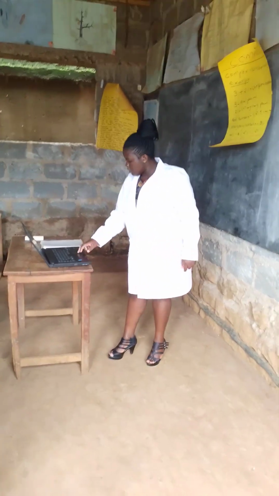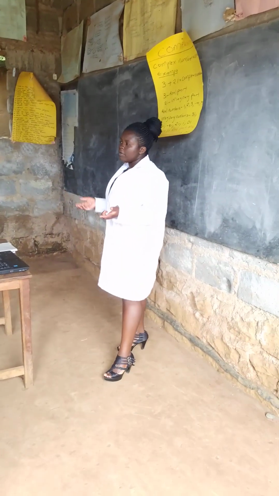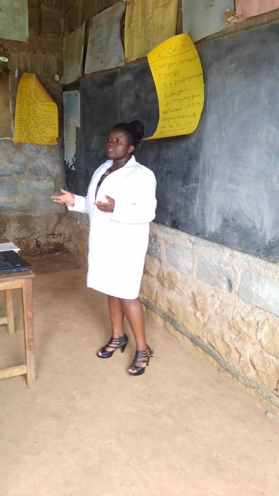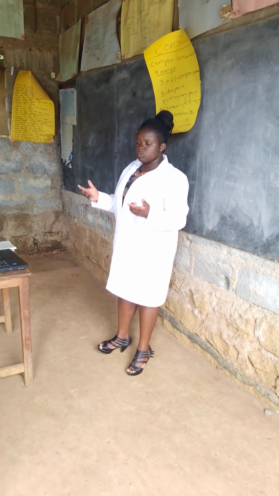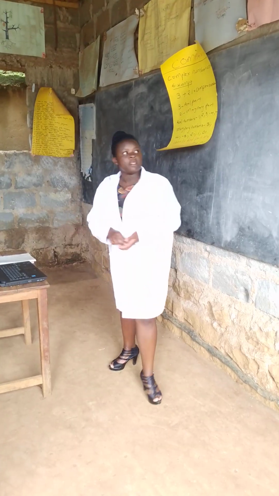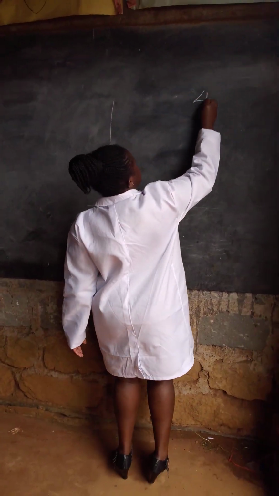That is good. So our topic of today is complex numbers. When we talk about complex numbers, we're going to talk about the real parts and imaginary parts. There are numbers that don't have a square root, but complex numbers tell us we can have those square roots. So our date of today is on 4th